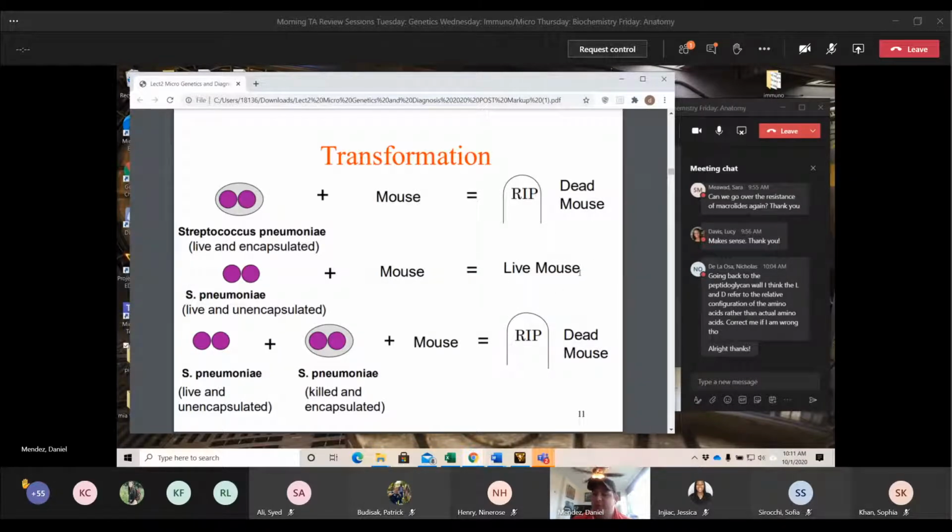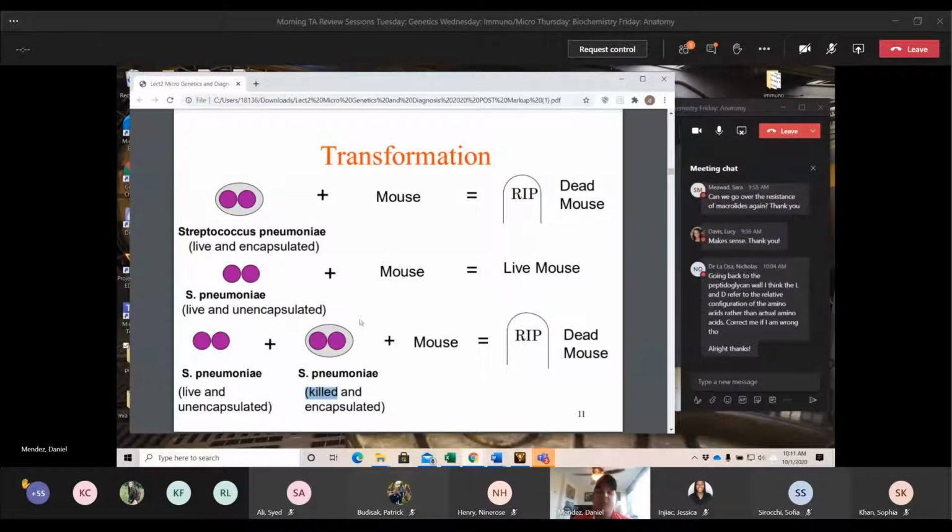The mouse will survive. At the bottom, we have a live unencapsulated, non-pathogenic one, and then we have a pathogenic one that is killed. It's important to note this one is killed, so it cannot go through replication or the infecting process. It is just the DNA of that organism with the capsule.